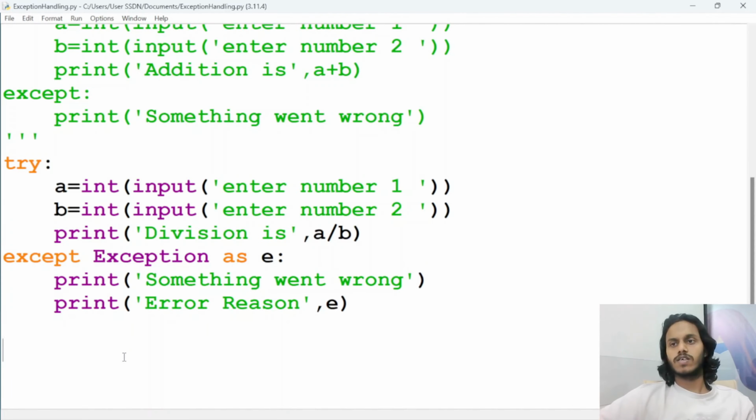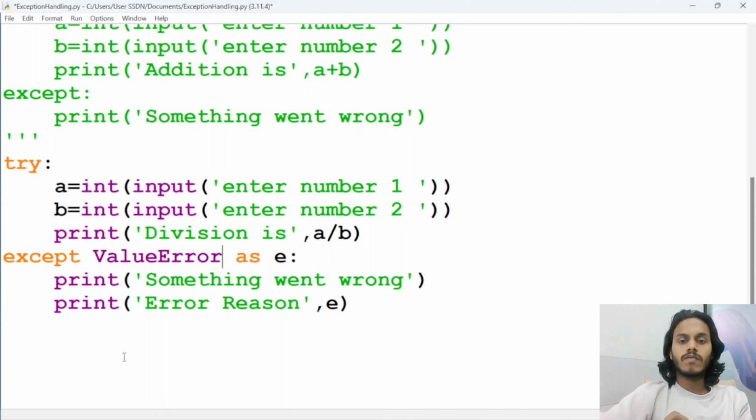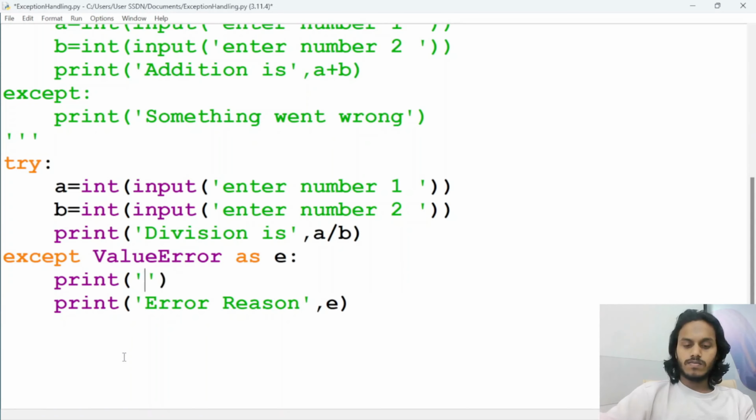Like here, what I can do is I'll say, okay, if I accept a value error, now you should have an idea when the value error will come. So value error will come when you are given a different type of input than the expected input type. Like if someone is asking for an integer input and you are giving, let's say, some character value, then that is a kind of value error. So I will write here only